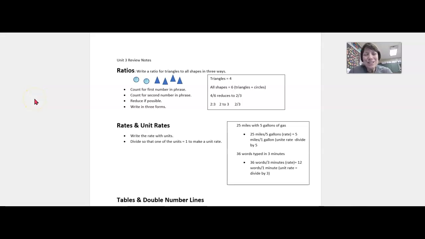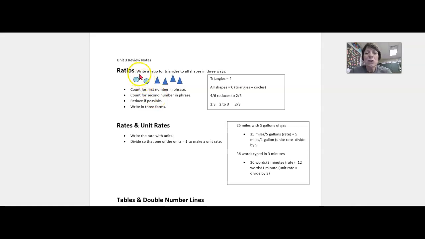Hi everybody, these are some review reminders before we get ready for our summative assessment in class. The sections that we covered in Unit 3 began with ratios. And so here's a list of how to figure out your ratios, and then here's an example over here following